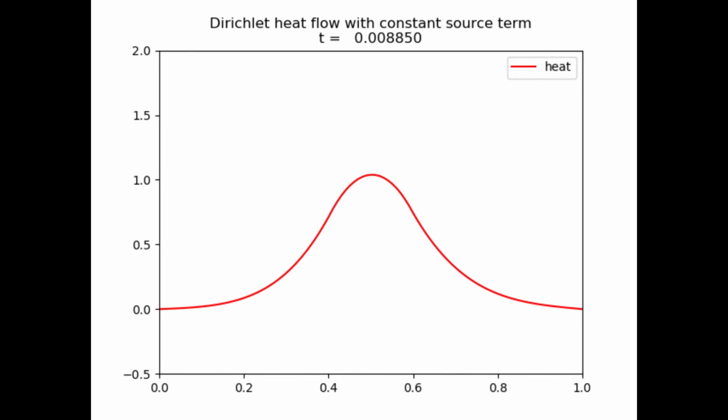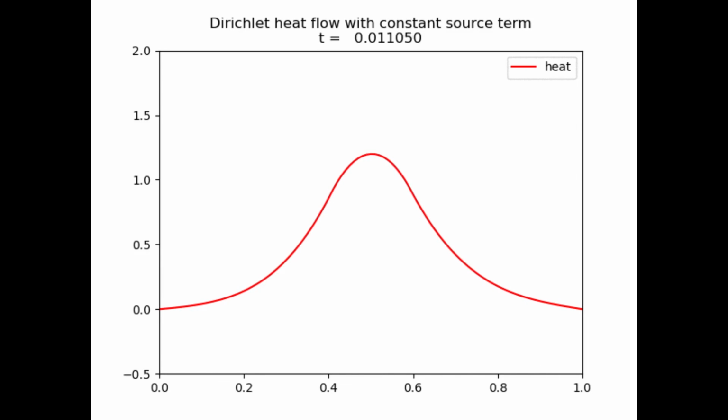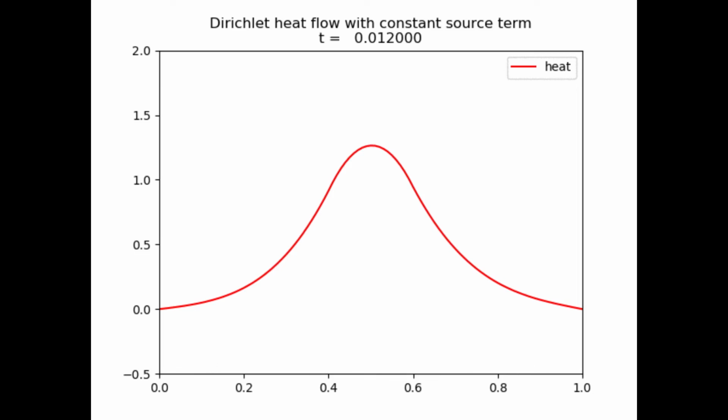In the long run, as t goes to infinity, what we actually get is a steady state heat distribution. Eventually we get some equilibrium between heat production and the fixed temperatures at the boundary points of the interval. In the long run then, you get an asymptotically constant steady state solution.